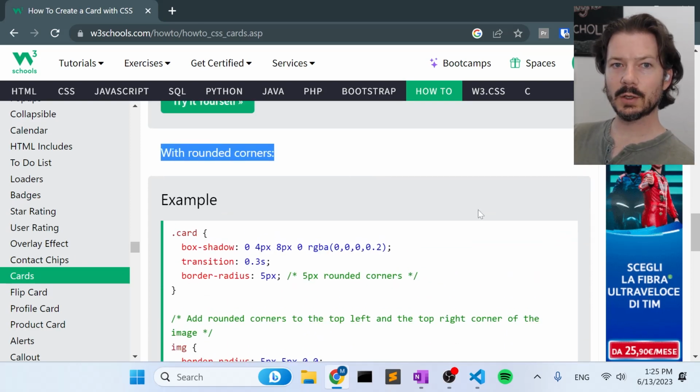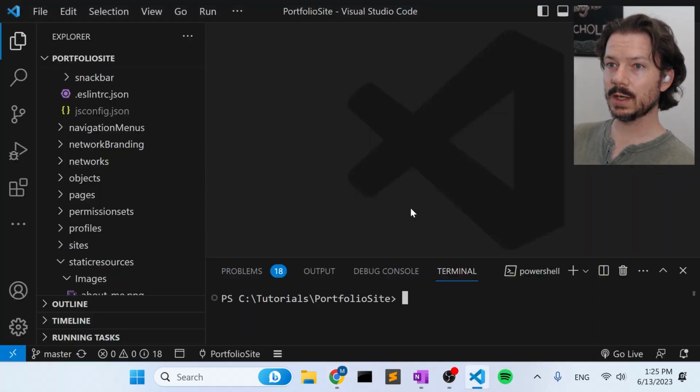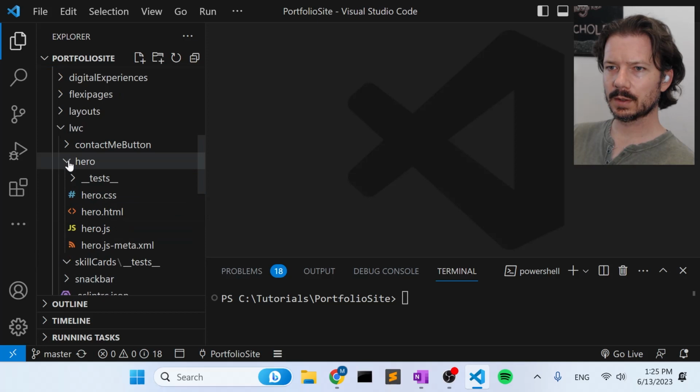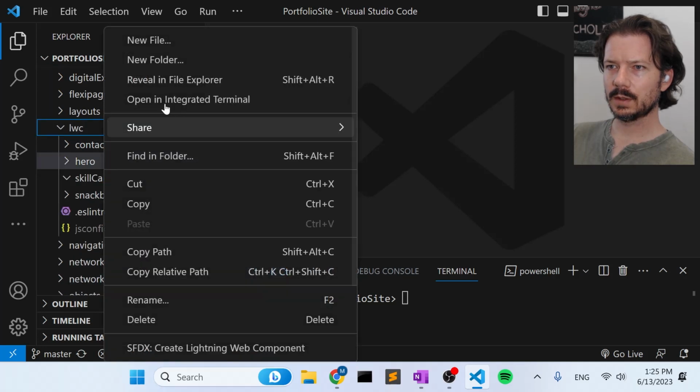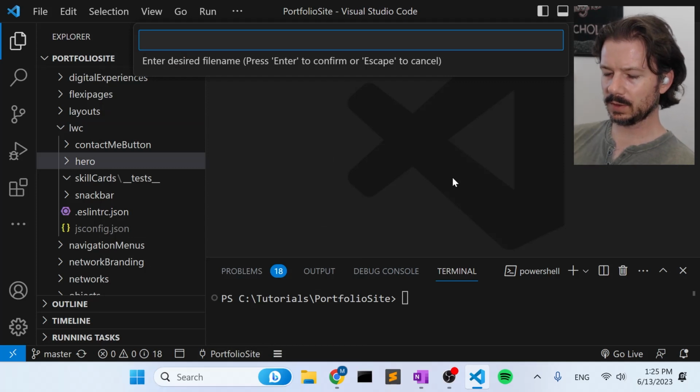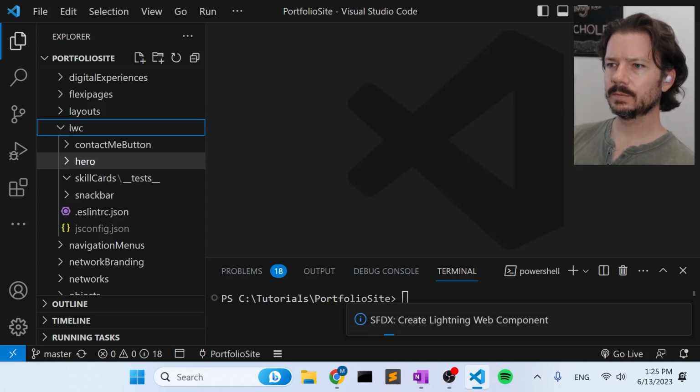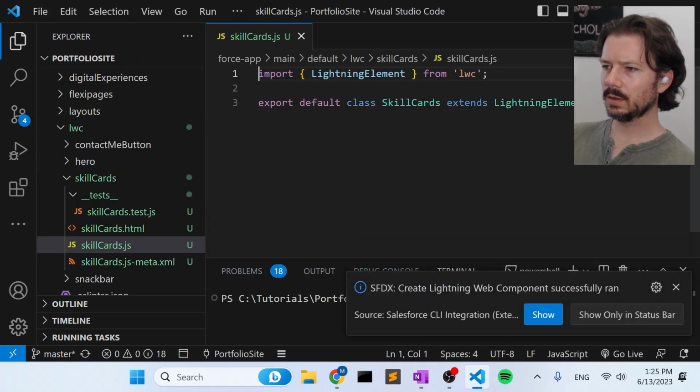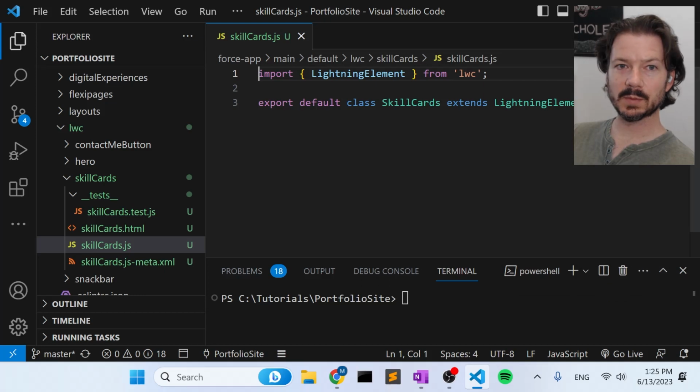So let's go ahead and open up Visual Studio Code and create a new Lightning Web component. We're going to call this one skill cards. Okay, so now that we have a place to put our stolen CSS and HTML,